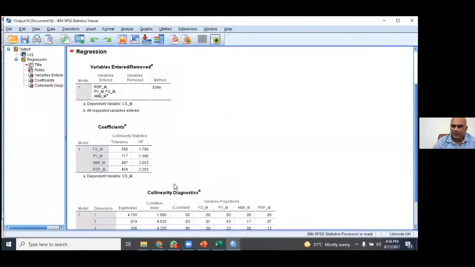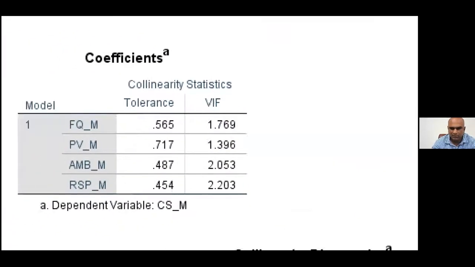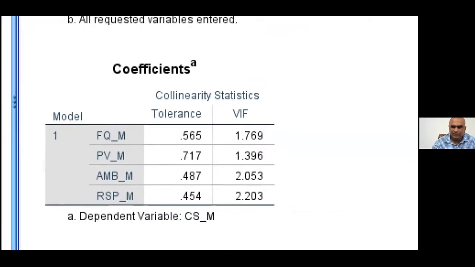Okay. And if you look here, this is what you will often see people report in thesis. If the VIF value is less than 3.3 or 3, you should be happy. There is no multi-collinearity issue, and so there should be correlation, but there should not be high correlation. And because there are multiple variables involved in this model, we call it multi-collinearity. So if the VIF value is less than 3.3 or some say 3, then we can say there is no